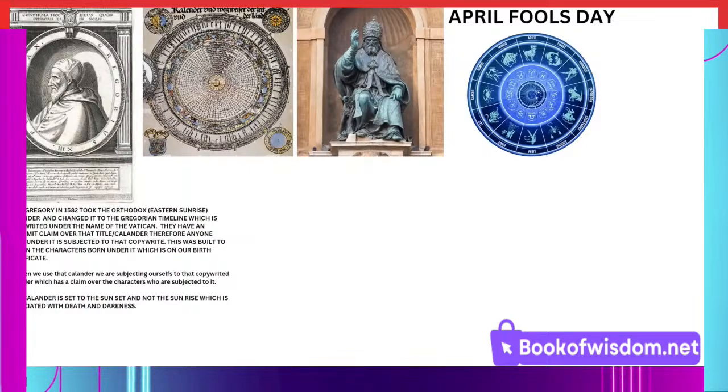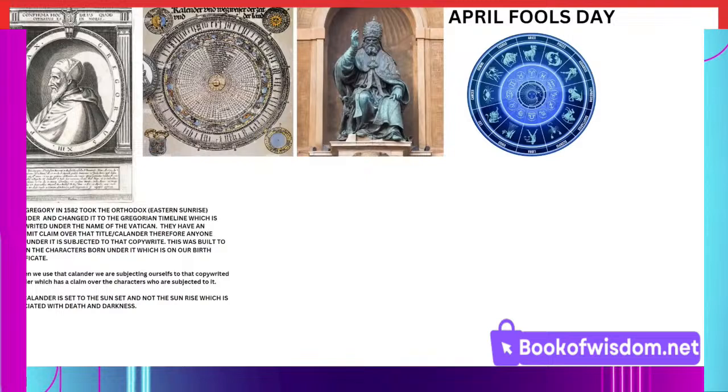And this is why we use April Fool's Day, because April is in Aries, and Aries is always the start of the zodiac. This is why Aries rules the head region. 12 zodiacs, 12 systems of the body. Each zodiac is associated with each part of the body, and this is why Aries is the head, cerebrum, ram, cerebrum, but we're not going to talk about this in this video. But yes, that is what April Fool's Day is. They're putting it in your face.